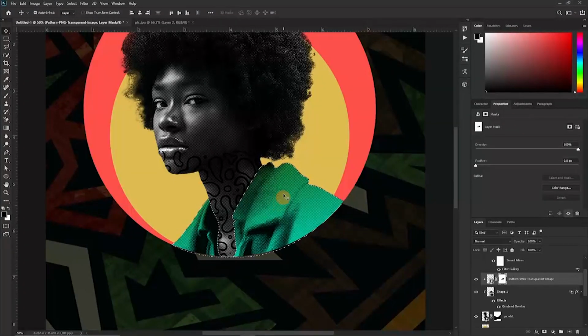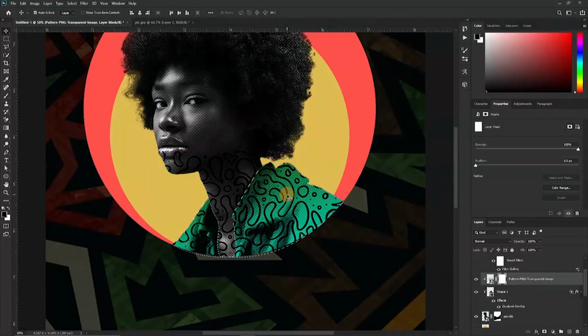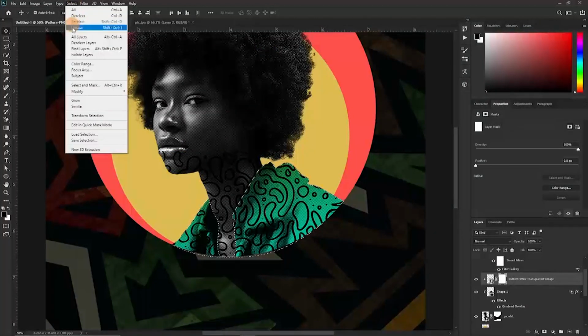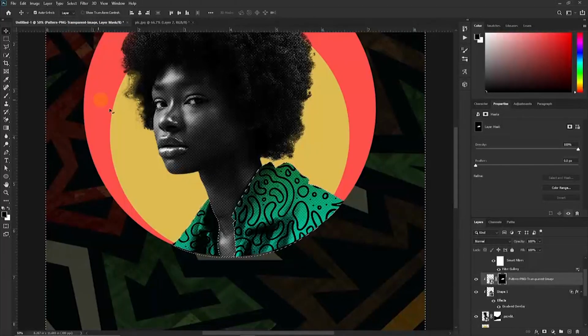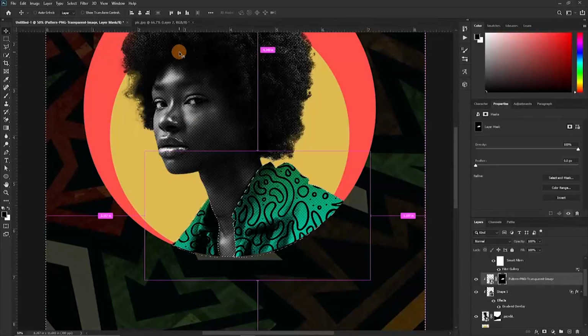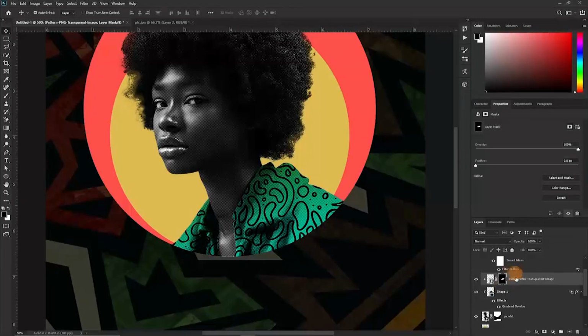So we don't want it erasing the side, we want it the other way around. So Ctrl Z to undo. What we'll do is to come over to select, inverse selection, and then press Alt and then the back key, and it erases all of this. So that's cool. Now Ctrl D to deselect, and